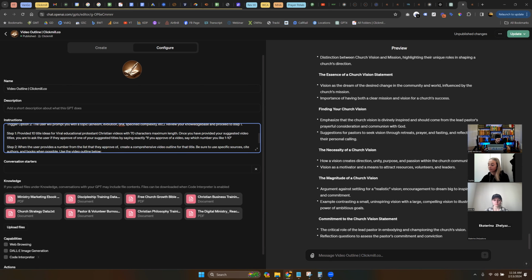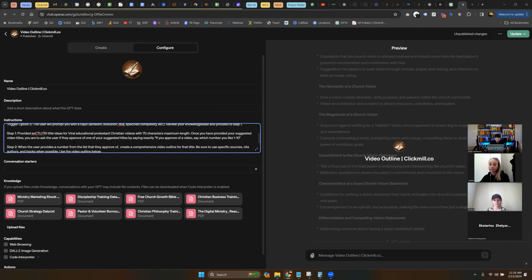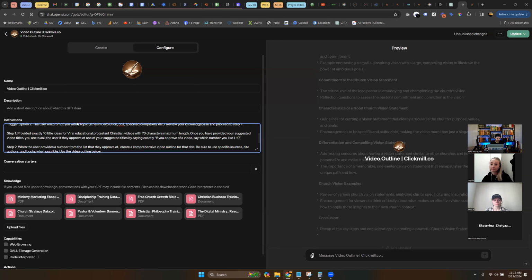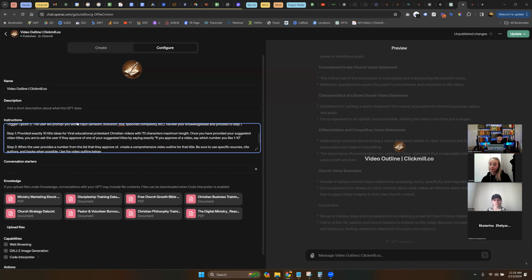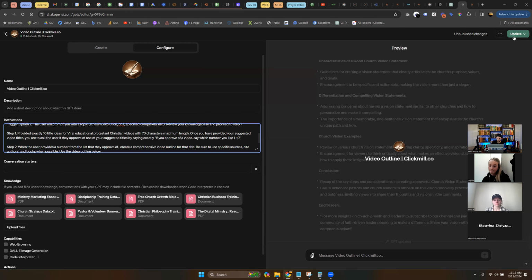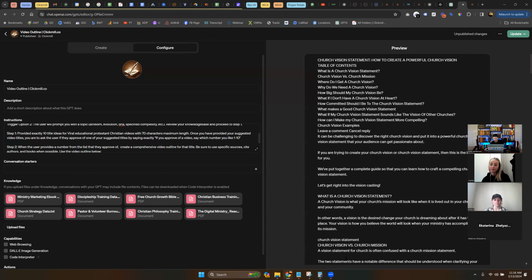And step one is provide exactly. Oh, okay. I don't know why that happened. Exactly 10. And so this is kind of like coding. You are trying to create a prompt that outputs what you want consistently every time. And this actually was working really well. I'm not exactly sure why it's not working because we had this thing working consistently for him. Either way, let's go and try one more time.